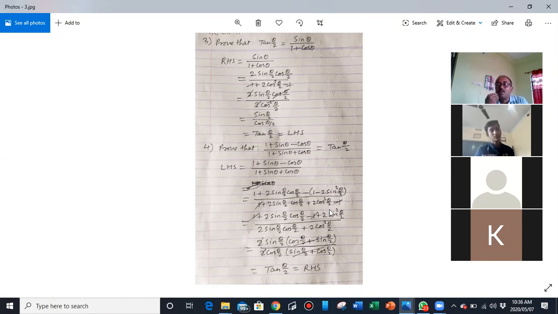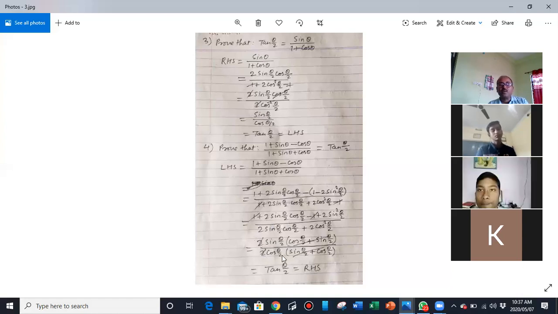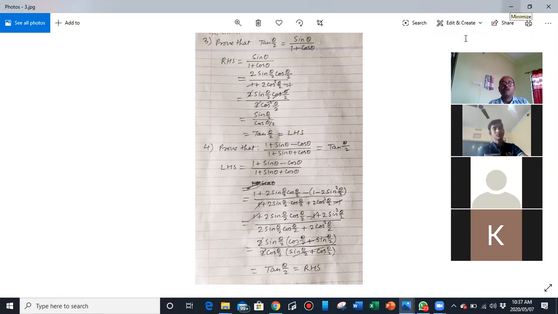That was our objective. Now in numerator remove bracket, minus 1 plus 2 sin square theta by 2. Denominator no need to. 1 and 1 already got cancelled here. So here 1 and 1 cancel. Now 2 sin theta by 2 is common in numerator. 2 cos theta by 2 is common in denominator. So this whole bracket cancelled, it is same, and 2 and 2 cancel. So finally you have tan theta by 2. So this is the solution. Now today's last slide.